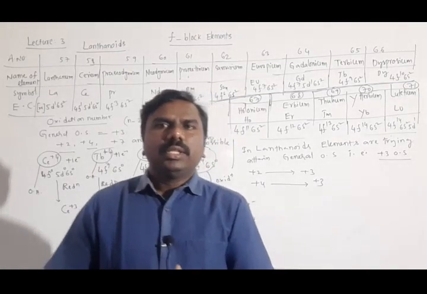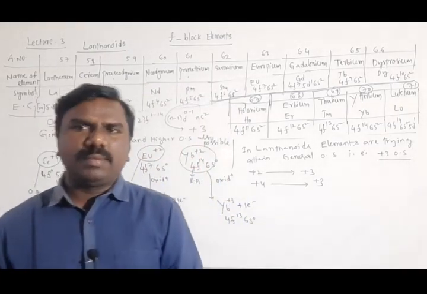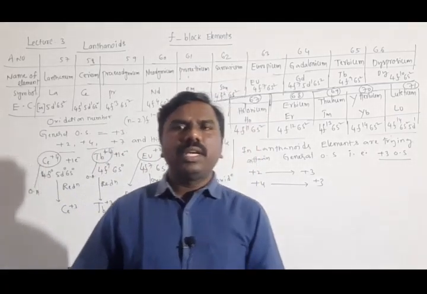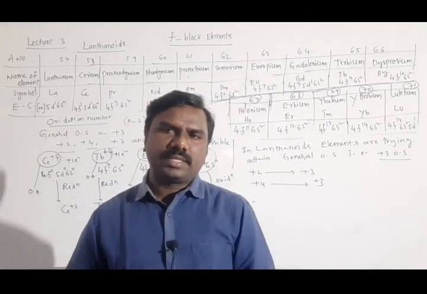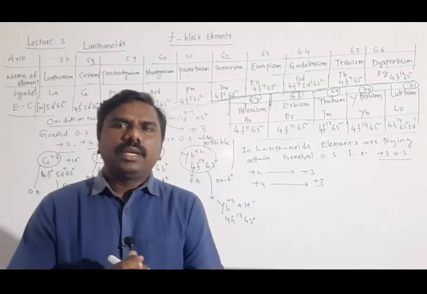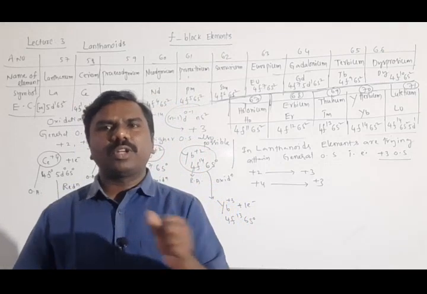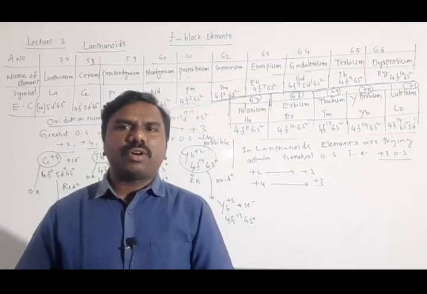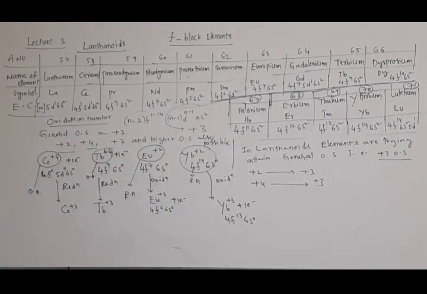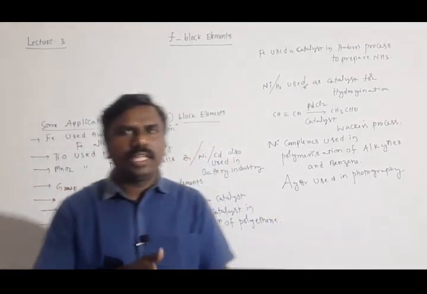Understood, students? So chemical properties, chemical behavior is not given in our syllabus, it was deleted. Next topic is actinoids, that was also deleted from our syllabus as per latest announcements. So with this D and F block elements completed, the last topic is applications or uses of D and F block elements. Okay, few uses, students, D and F block elements and their uses.